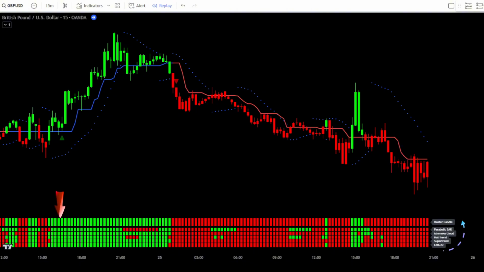To confirm the buy signal, you must ensure that the master candle, Parabolic SAR, Ichimoku Cloud, Supertrend, Halftrend, and EMA20 indicators are all green. Meanwhile, to confirm the sell signal, you must ensure that the master candle, Parabolic SAR, Ichimoku Cloud, Supertrend, Halftrend, and EMA20 indicators are all red. If any one of these 6 confirmation indicators shows a different color, you must cancel the setup. To understand this more clearly,